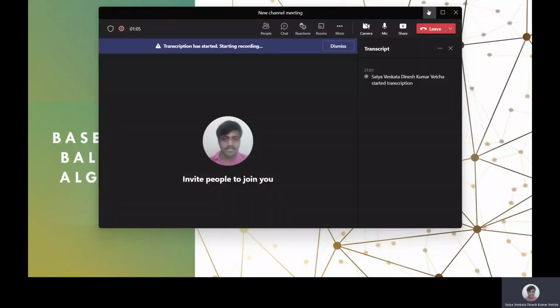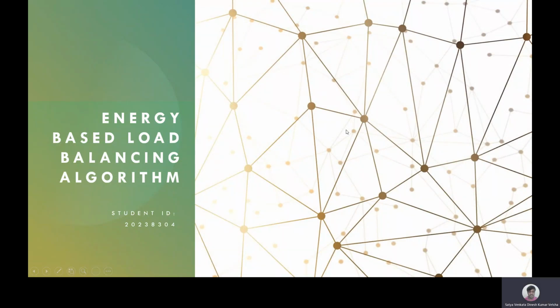Myself, Dinesh Kumar. I'm doing my master's in cloud computing, and I'm in my second semester. As a part of my second semester, I'm submitting my research proposal. My research is on fog computing, in the area of resource management. Coming to the research and proposal,